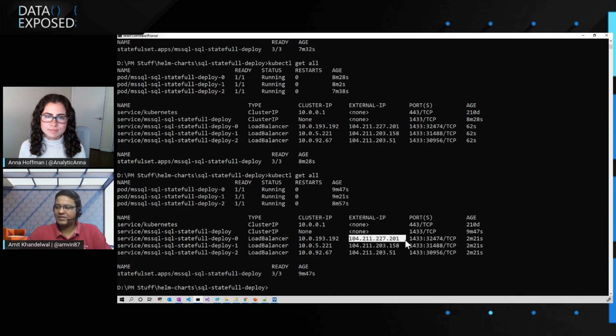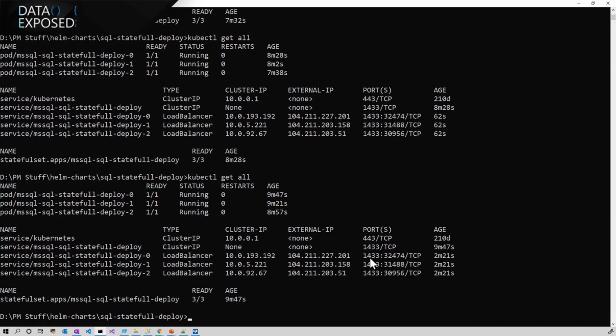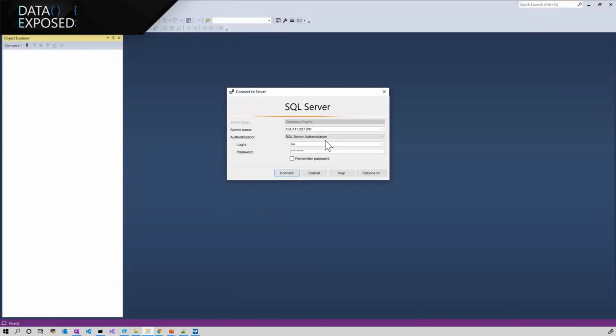So I copy this address here, and take a look at the port mapping here. If I want to change this port, I go to the service YAML file that I showed you, change the port there, and make sure that you also add that entry in your MS SQL config options as well. Okay, let's see if we've successfully resolved the issue.